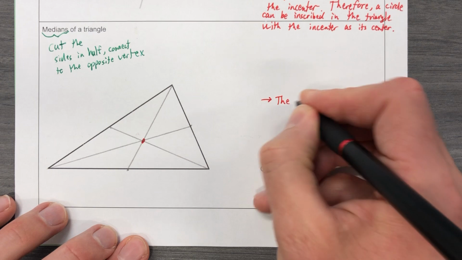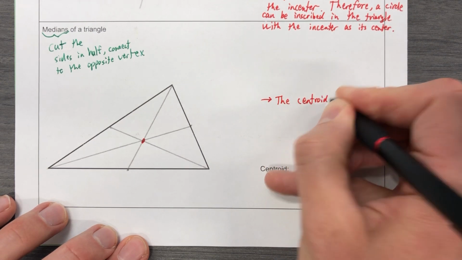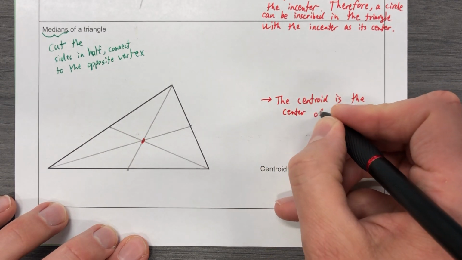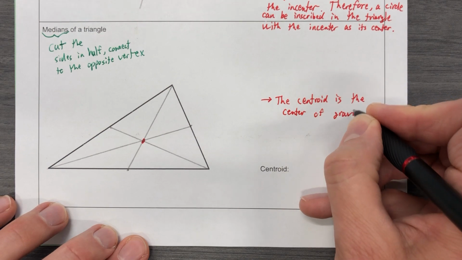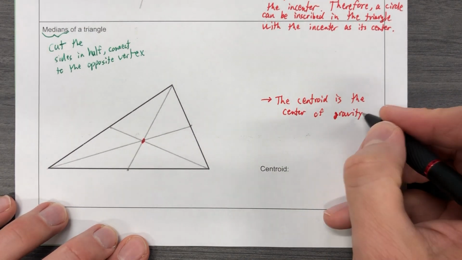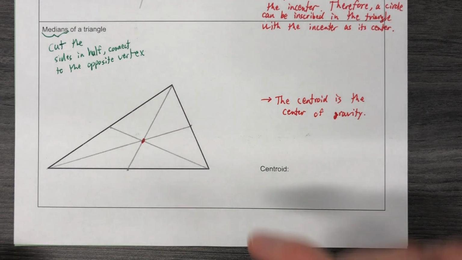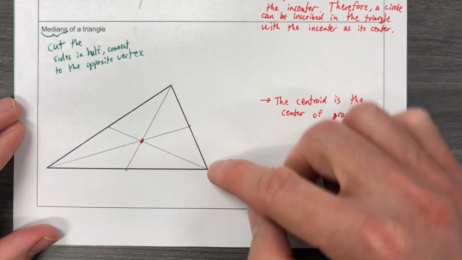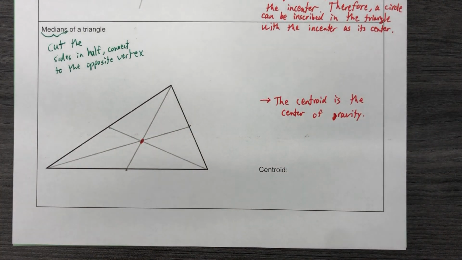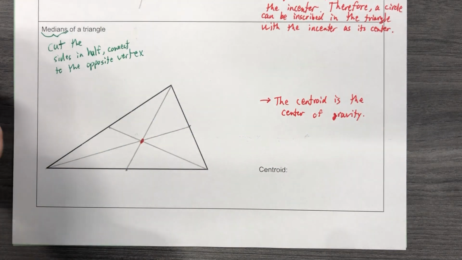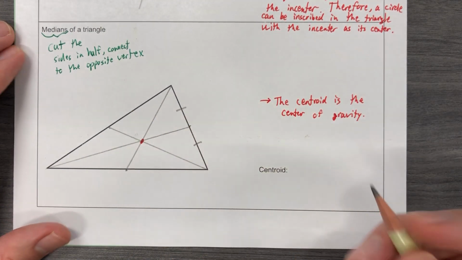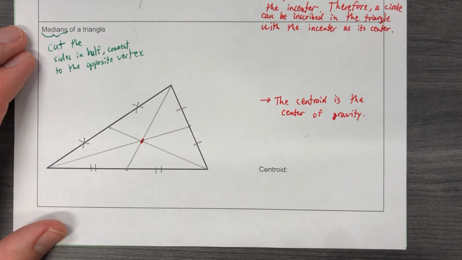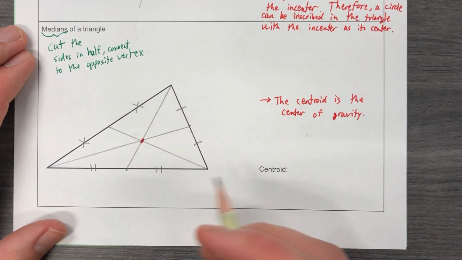The centroid is the center of gravity. What? Okay, this is neat. If you have a piece of plywood, consistent thickness, consistent density, and you cut it in the shape of a triangle, and you do what's about to be done right now, where you cut this side in half, cut this side in half, and cut this side in half. Label them the same. Label these two the same, these two the same, these two the same,